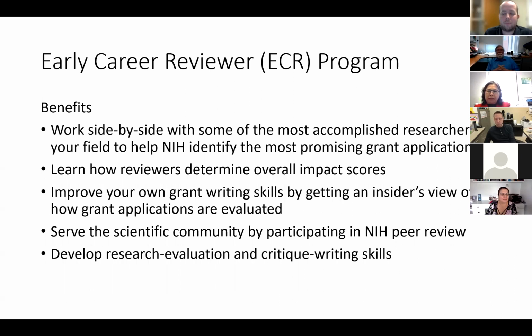It's open to all early investigators. NIH defines that as people that don't have specific grants at the level of a PI, like an R01 or something. All of the exclusionary details are there. It also means that you have to be at the assistant level. You can't be an associate, even if you've never had an NIH grant. If you are an associate professor, you're not eligible for this program.